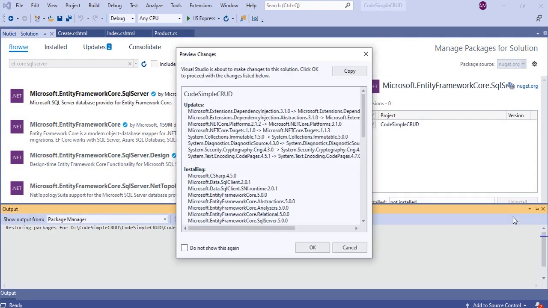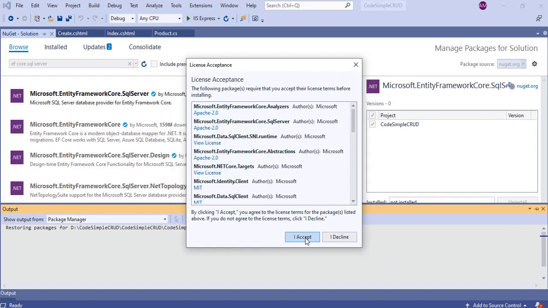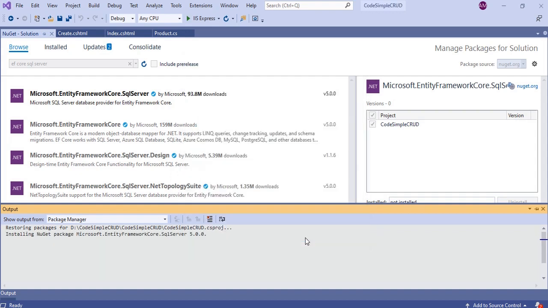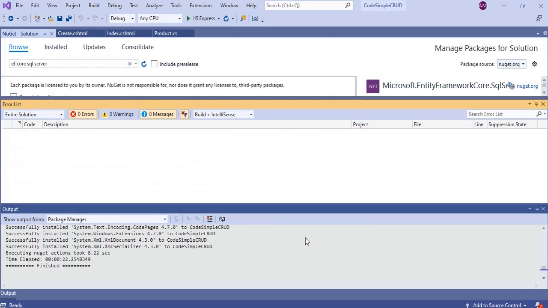If you are prompted with the Preview Changes dialog box, then click OK to proceed further. Click I accept in the License Acceptance dialog box. Now the Entity Framework Core for SQL Server installation is completed.